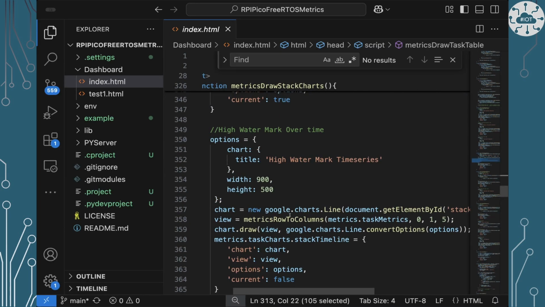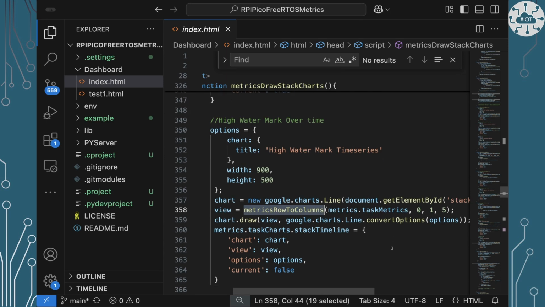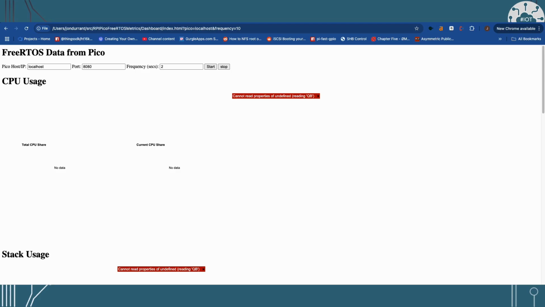So I'm doing a metric to row to column translation, and I had to write a little function to basically recreate a new data table by swapping data around in order to give me something that has timestamps as the rows, with the columns being the actual tasks, and then the data items being that high watermark. So it's demo time, and this is the rather unappealing looking page that I've ended up with, but